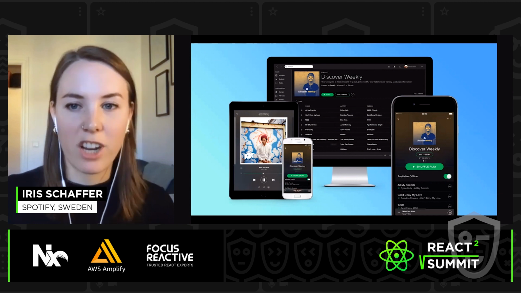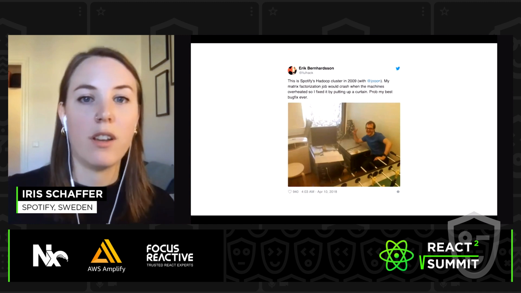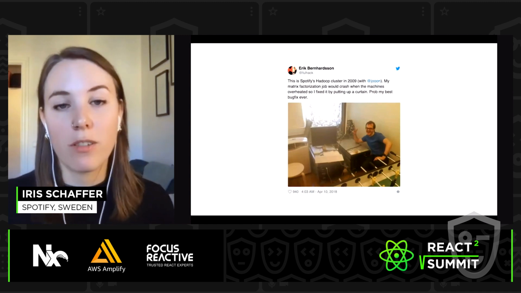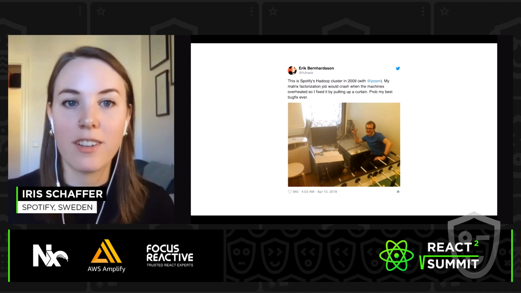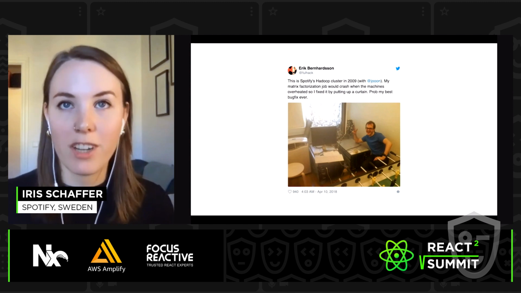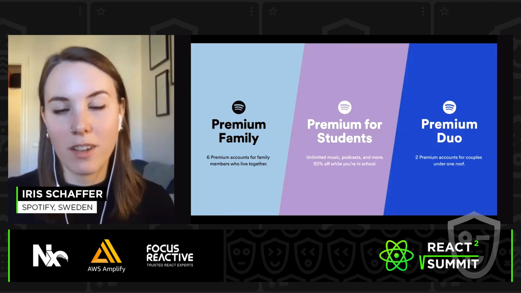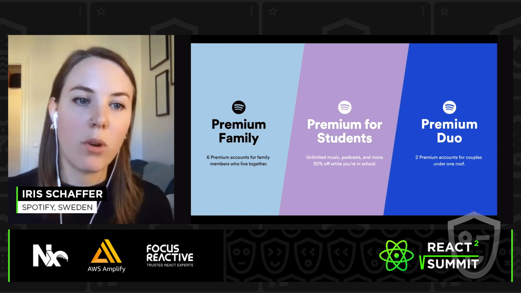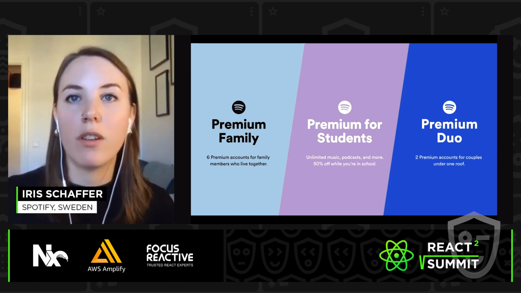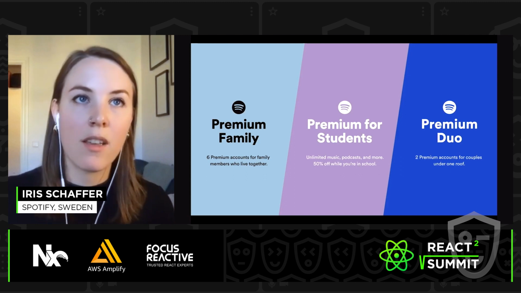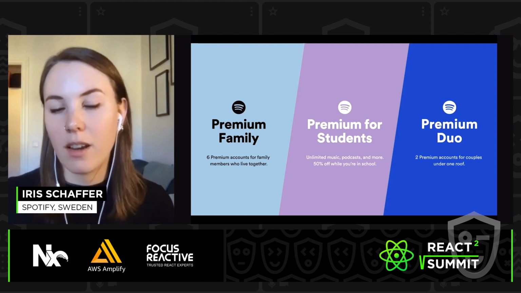So we've had our share of extraordinary bugs and bug fixes, like, for example, in 2009, when John fixed Eric's matrix factorization job by installing curtains in the server room so they wouldn't overheat. I personally don't write matrix factorization jobs, but instead my team owns the Premium Family, Premium for Students, and Premium Duo products on the main Spotify.com website. And those are the flows that I will show you today, or the bugs that I will show you come